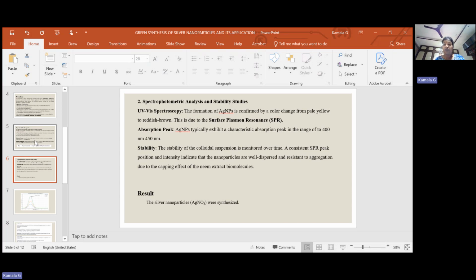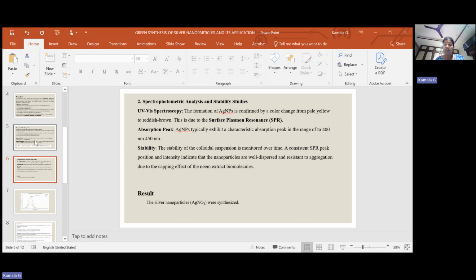So within 24 hours, you got a narrow peak, and those nanoparticles are retained in a colloidal state for a prolonged period of time. But at 30 minutes we got a peak, yet this colloidal suspension cannot retain the nanoparticles as such for a prolonged